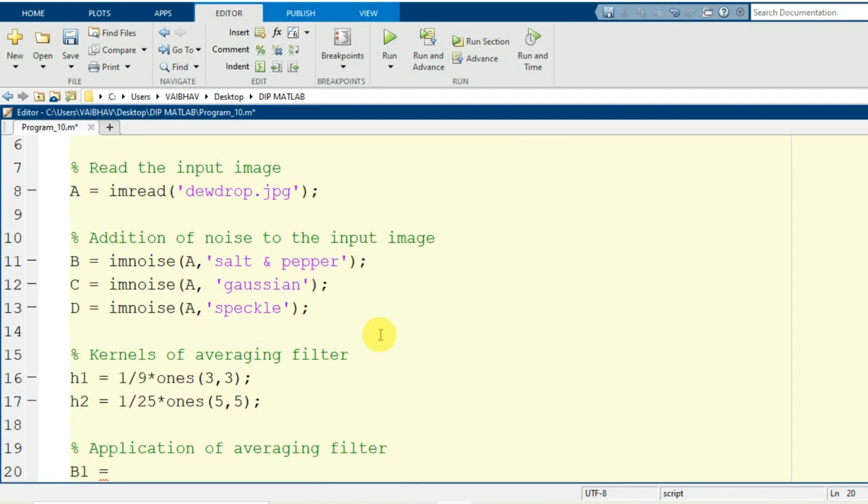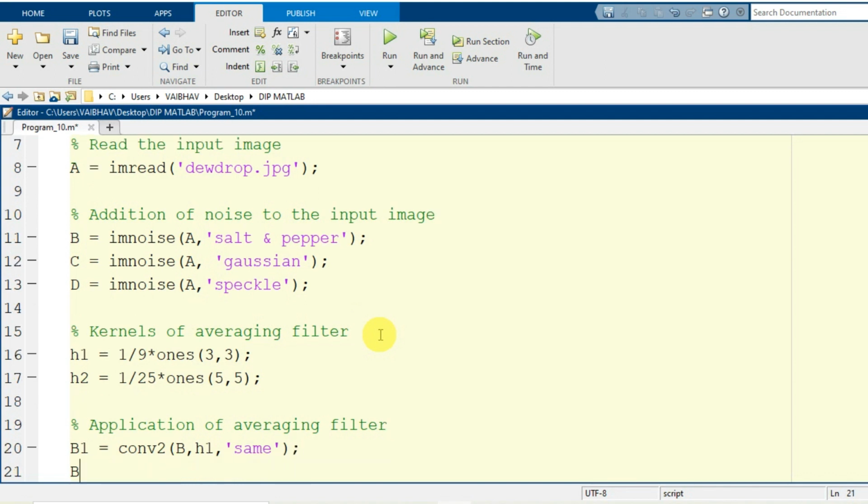If we provide the resultant of convolving, so convolution here onto the two-dimensional signals, which are the images, by the MATLAB syntax conv2, where the input arguments are capital B comma H1, the first filter mask of the dimension 3 by 3, and here we are going to provide the keyword same. By the next line we will be generating another image for the same salt and pepper noise affected variable capital B, but by the different kernel or filter mask, that is H2 here.